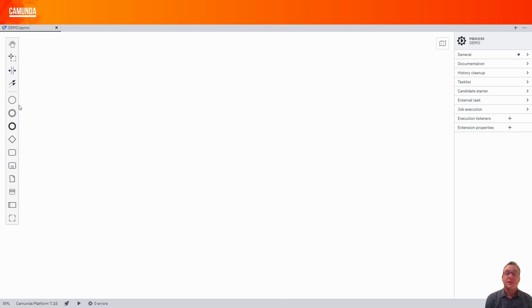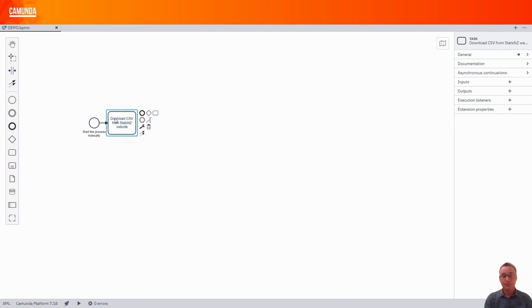In our example, the process will be started manually. The first task will consist of downloading from the web a CSV file with provisional data from the 2021 Annual Enterprise Survey from StatsNZ. Once the file is downloaded, it will be transformed to a target SDMX structure used for dissemination. It will then be loaded to a .stat suite validation area where it can be checked before publication. Then some referential metadata will be added.